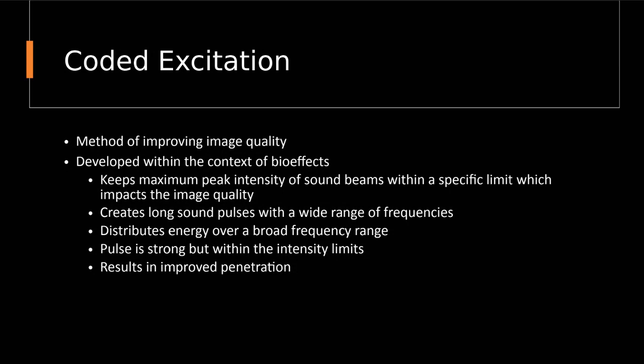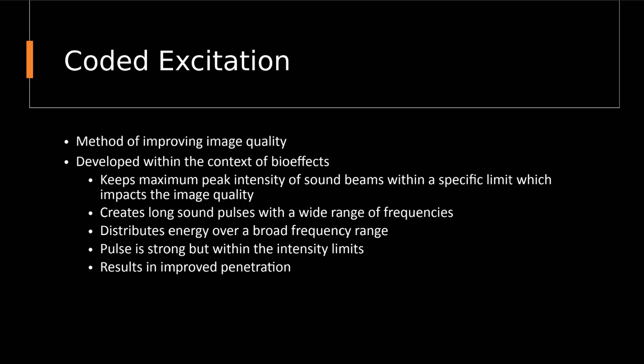And if we remember, bioeffects came up a lot in our intensity lecture, right? So that's the main thing that we need to be aware of in terms of using ultrasound with humans. We need to keep the intensity of our sound source within a safe and healthy range. So this coded excitation, this manufacturing process, keeps the maximum intensity of the sound beams within a specific limit that they set. But it's also going to still be able to produce an intensity that results in good image